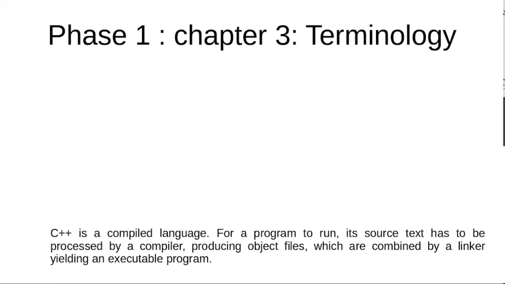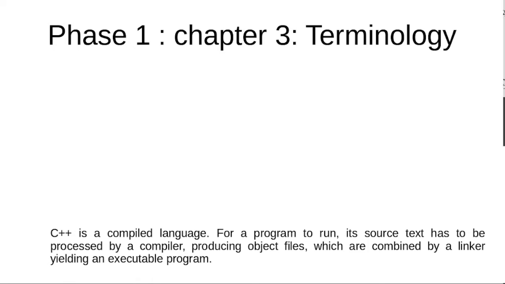So for a program to run, any source code file has to be processed by a compiler to produce an executable program, and there are some steps in between. First, the compiler will compile it and transform it into the 0s and 1s file. Then this 0s and 1s file is called an object file. Then if the program contains many object files, they have to be linked together to give one single